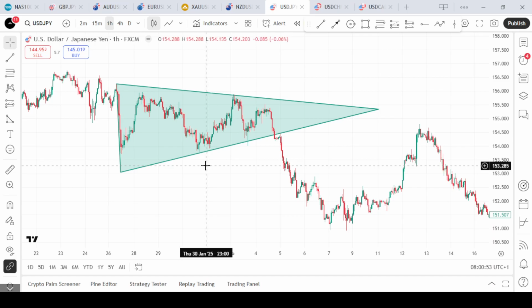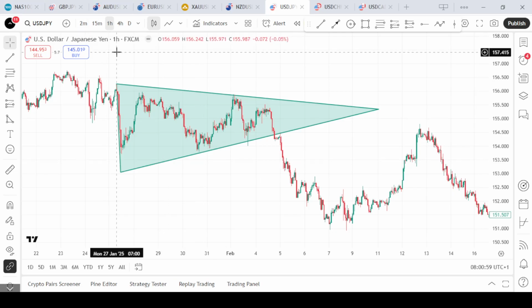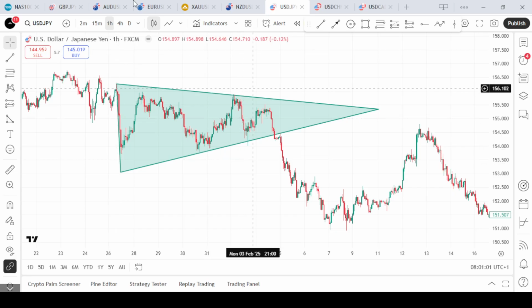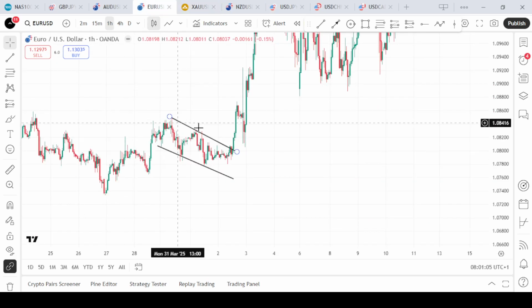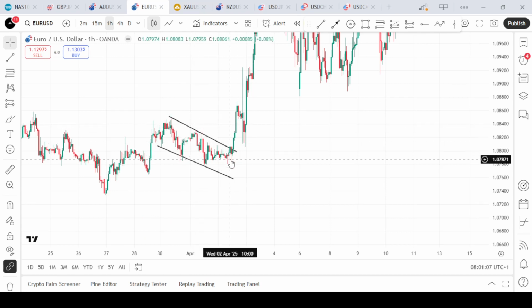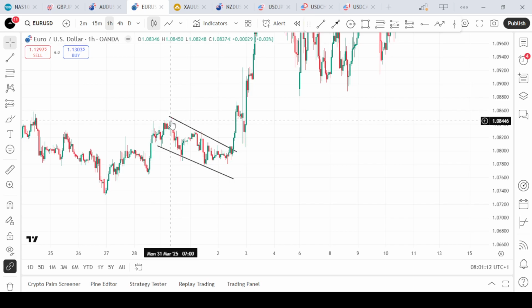We begin by scanning through the chart for a well-defined pattern such as a double top, a flag pattern, or an ascending triangle, which have already been marked out on my chart. You can see this is a flag pattern, a double top, any of them. Now for the double top pattern,